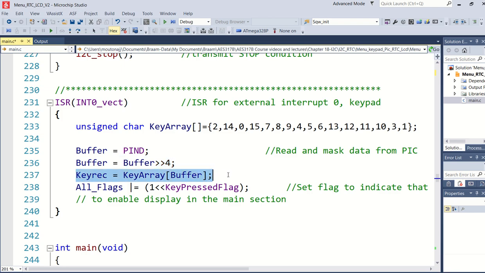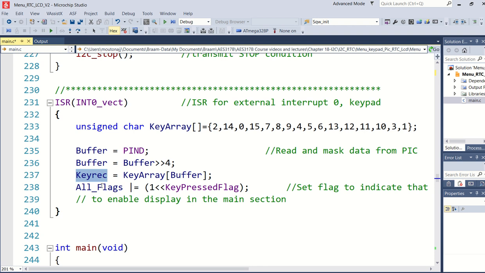Up to this point, as I've said before, this was explained. This is where I correct what was pressed. So if I press a star, I'm receiving something, but at the end of the day key receive, or key rec, will contain a value of 14.